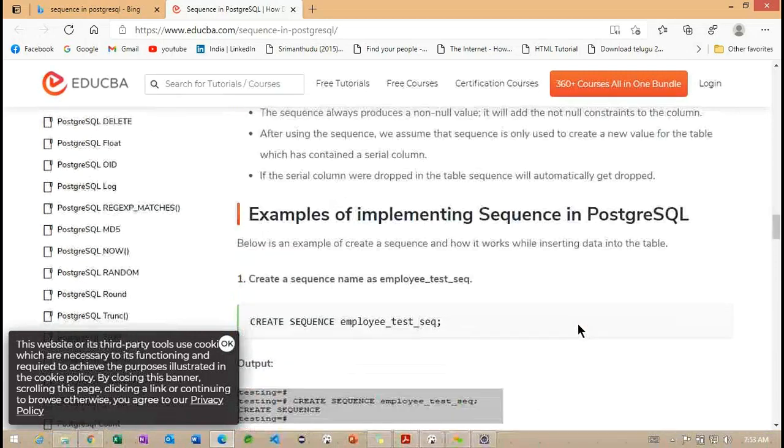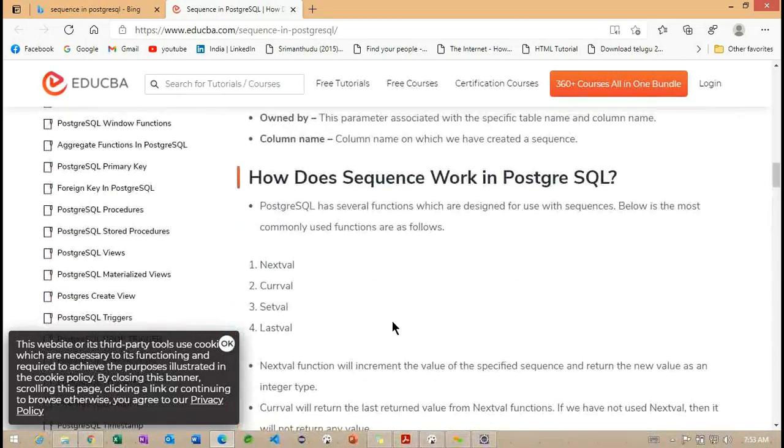How exactly is this syntax going to create it? So now you can check here: next value, current value, set value, last value. These are the properties of this particular sequence, and using this sequence we can set the values. If we want to find out the next value, what can we do? Sequence dot next value. If we want to find out the current value, sequence dot current value.